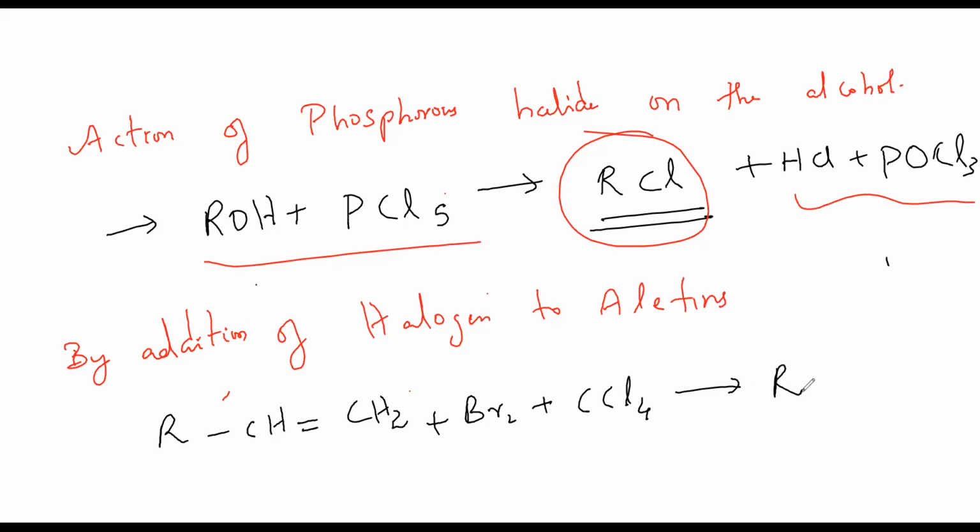So what I'm doing in this is the double bond gets broken down here. That's the only thing. So RCH, what will happen in this is this double bond gets broken and each bromine atom will be added to these things. That is the only reaction which is happening here. RCHBr, I'll put in bracket, and CH2Br. This is a simple mechanism. Addition of a halogen to olefins.